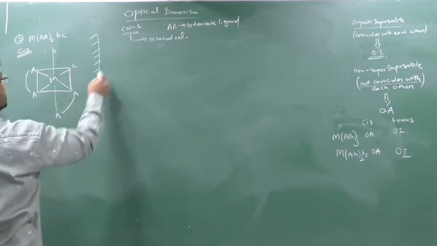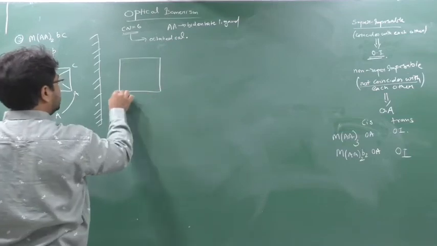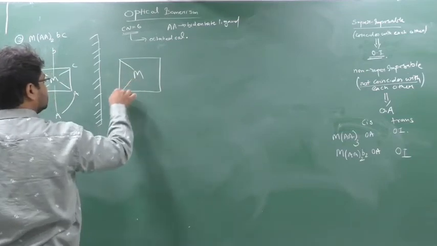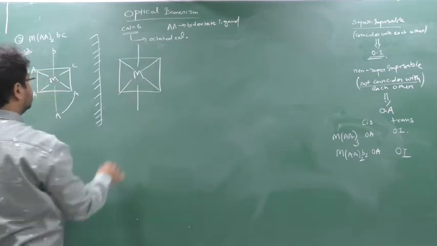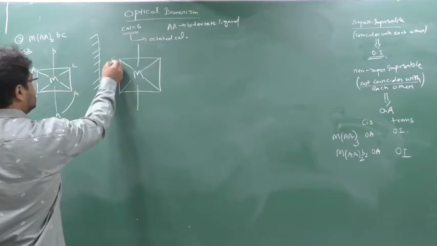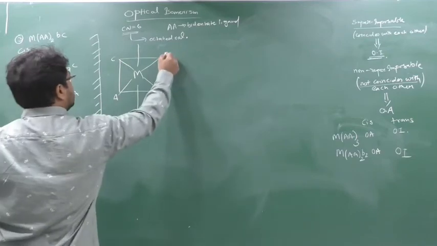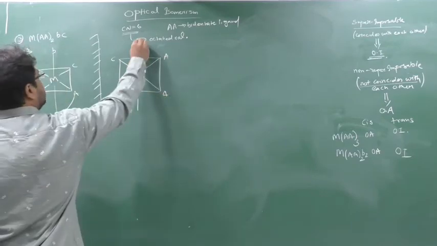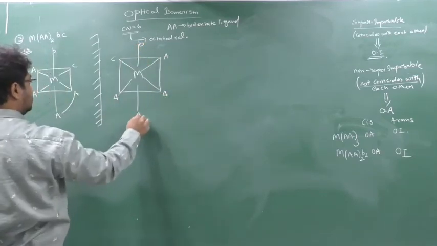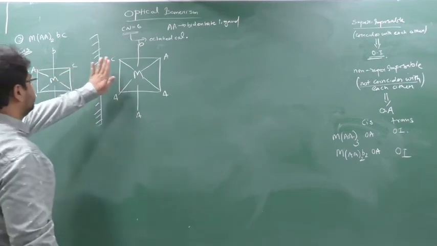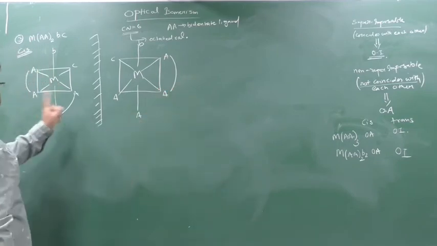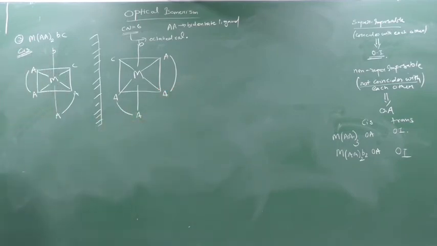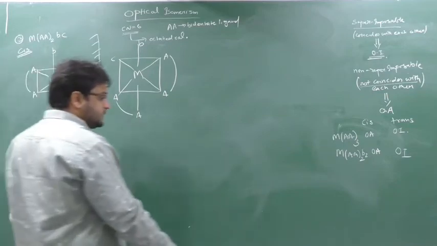When you create an image, this box will come here first, M. Which is on the second portion will come on the first portion. So here C will come, here A will come. Here A will come, here also A will come. Here B will come, here A will come. Which is on the first portion will come on the second portion. So this will be the image. Clear? So next is